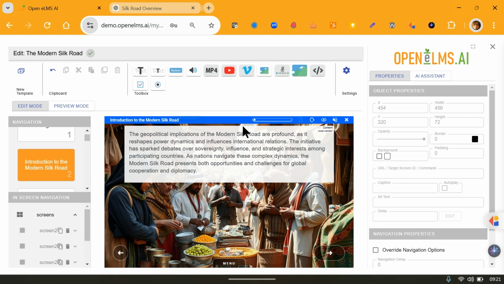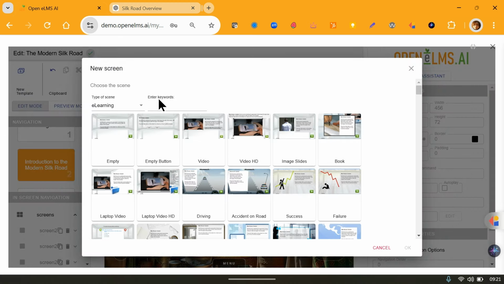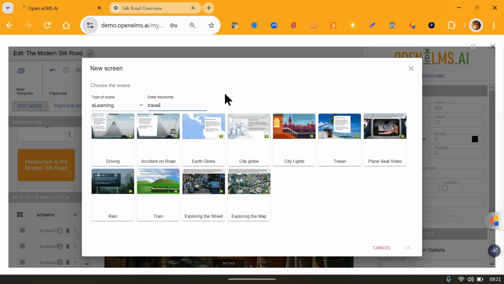So it will refresh the whole e-learning with whatever voice you've selected. Other stuff you can do, let's just say we want to add a new screen. So I'm going to click on new screen. Now we've got lots of templates. As I said before,